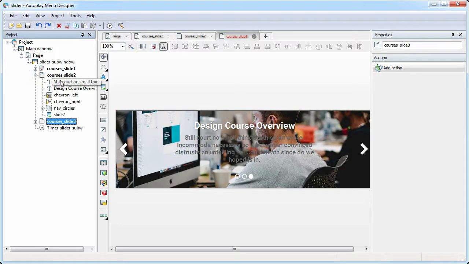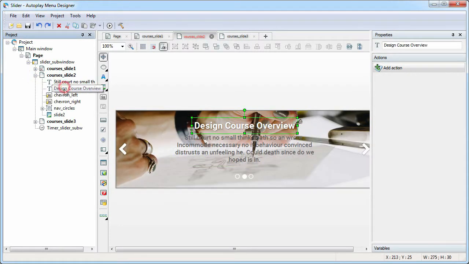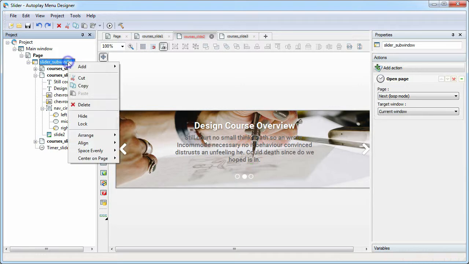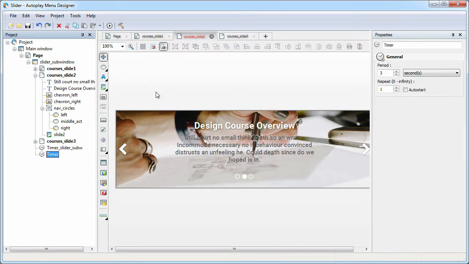The composition of objects is the same as in the first method. However, each page has individual buttons. Add the timer object to the subwindow object using the context menu and configure it. Next, we need to change the slide when the timer is triggered.